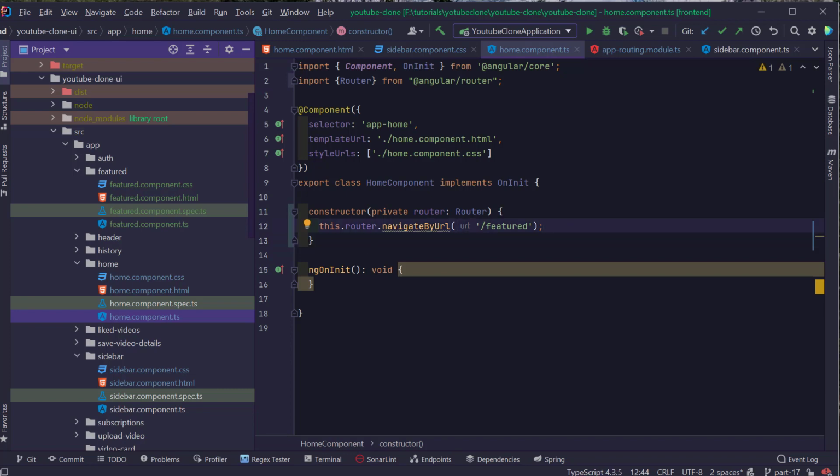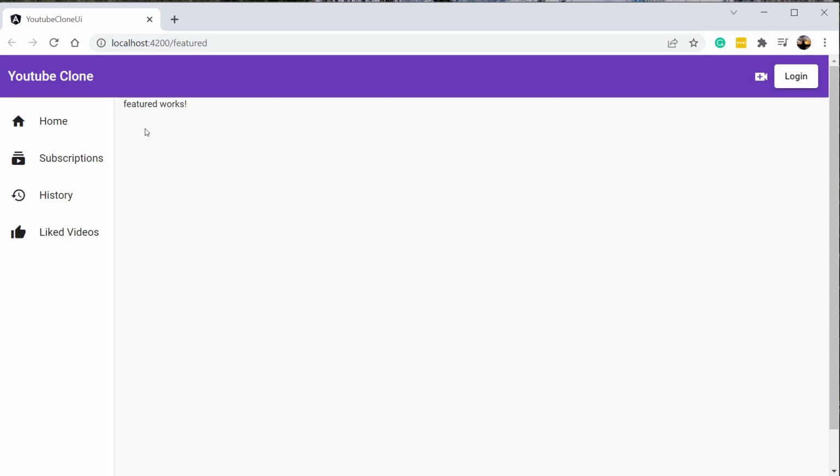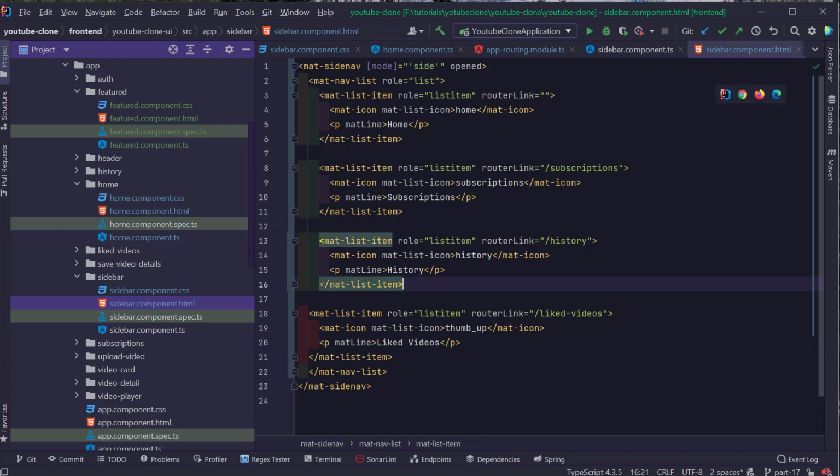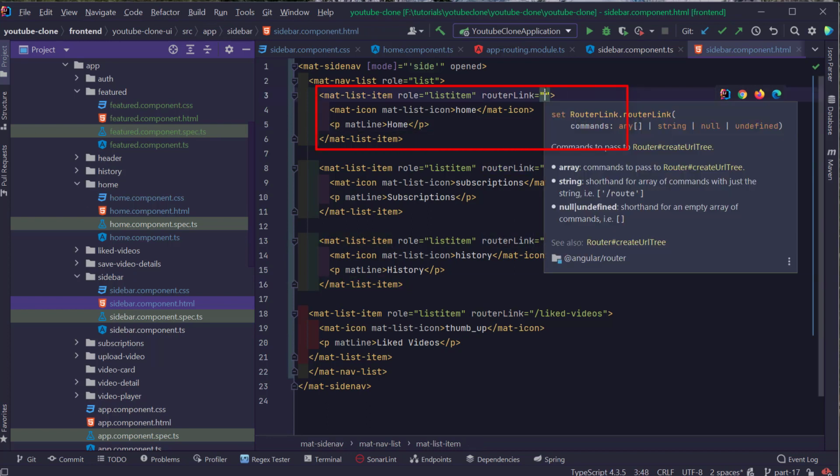So let's see how this is going to work in the browser. You can see already that if I try to refresh, we are going to the featured page automatically. But if I click on the home icon, we are still not going anywhere. So for that, what I can do is go to the sidebar component HTML file, and where we have this router link for the home list item, I can just type in /featured,